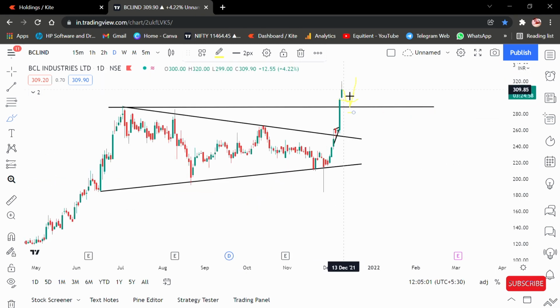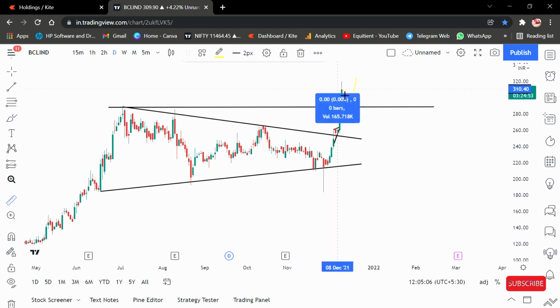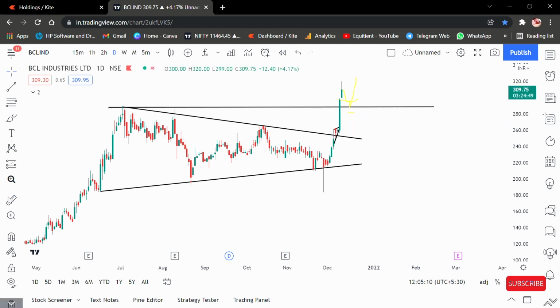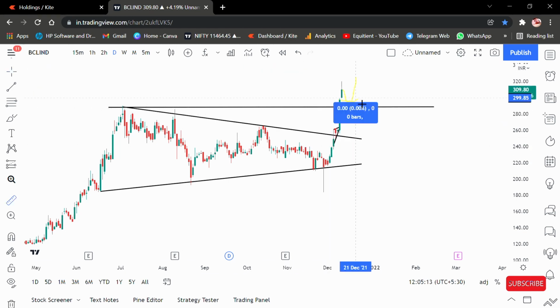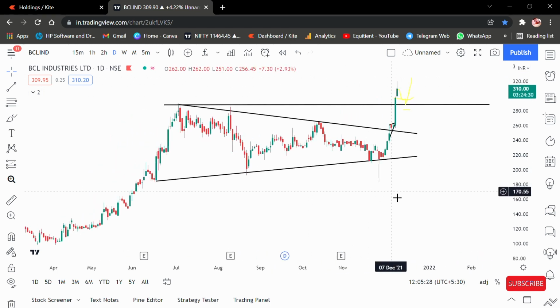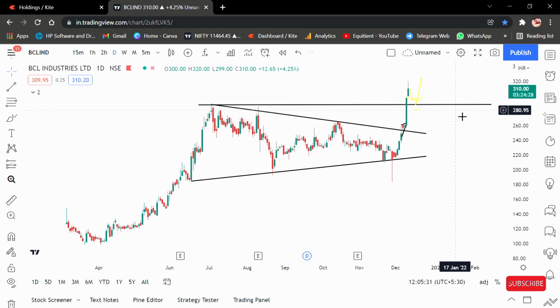So if you enter here, then your SL will be a little bit big. Let's say you want to enter here, so your SL will be almost 9 to 10%. So wait for some time for it to reverse, and your SL will come to somewhere around 5 to 6%, depending on your entry, right? So if it comes here for the retest, you will have a good entry point. If not, then don't try to enter, because your SL will be high. If you still want to go, go with small quantities and try to minimize your risk, right?